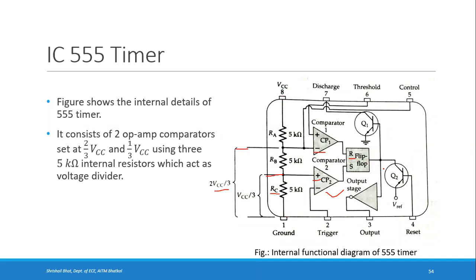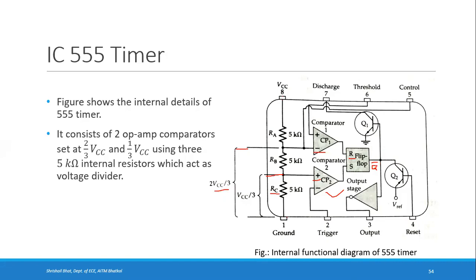In this case, what you are connecting at the output is actually the Q bar, that is, the invert of the output. So this Q bar will be 0 if R is 0 and S is 1, and this Q bar will be 1 if R is 1 and S is 0. That is connected to one of the terminals of the transistor. There are two transistors, Q1 and Q2.